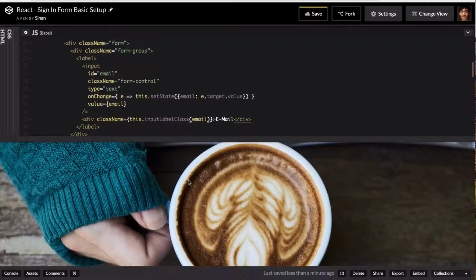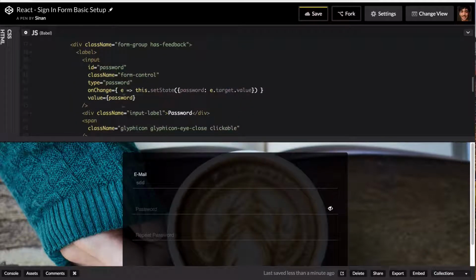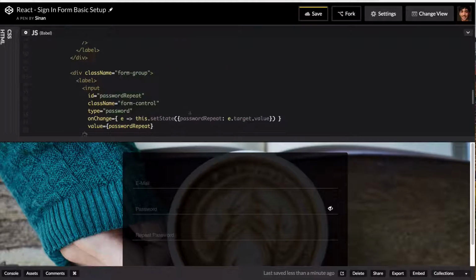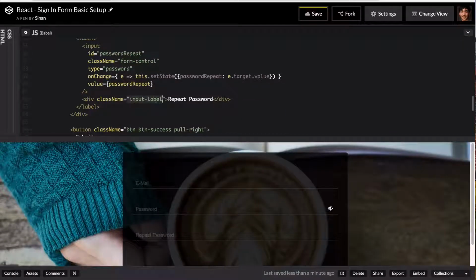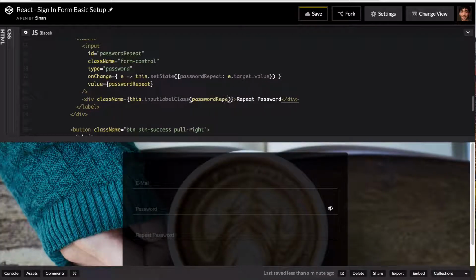So let's check if this works first, and yes, it does. So we copy it to the other ones, saying here's password, and here it is password repeat. Now all of our labels should work,